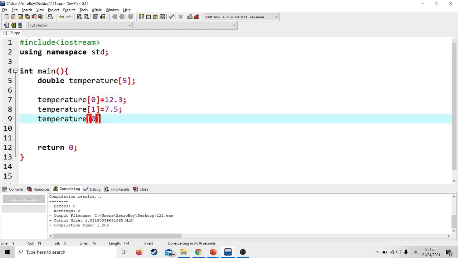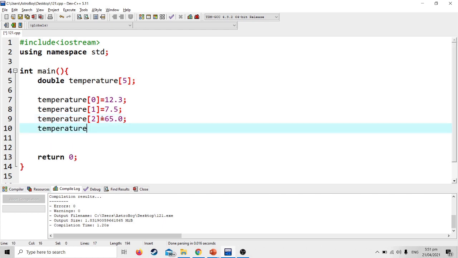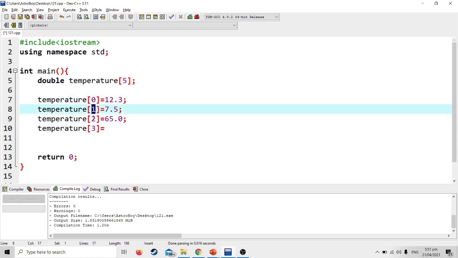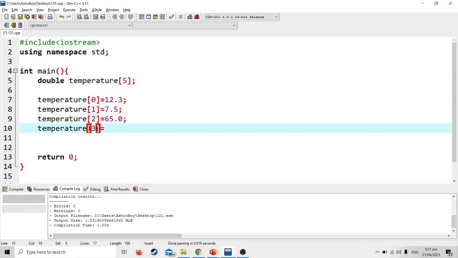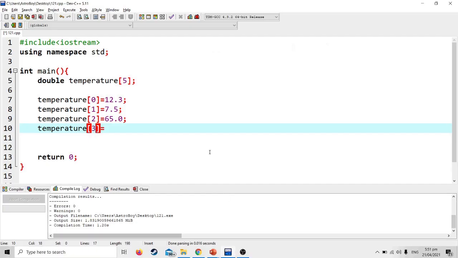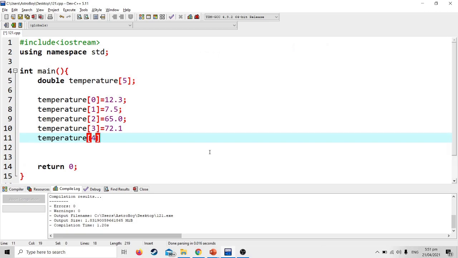Temperature 2 is 65.0. Temperature 3. Okay, so index 0 is 12.3, index 1 is 7.5, index 2 is 65.0, index 3 is 72.1, and index 4 is